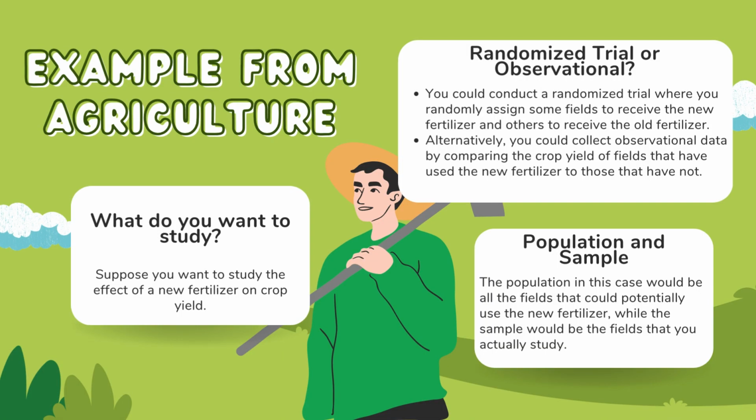Let's put it together into a single example. Suppose you want to study the effects of a fertilizer on yield. You conduct a randomized trial. You could also conduct an observational study observing fields that do and do not use the fertilizer. If you chose to conduct an observational study, you could use either random or stratified sampling, depending on how representative you thought a random sample would be. The population we would want to consider would be all of the fields that could use the fertilizer. A study like this could be evidence of the effectiveness of the